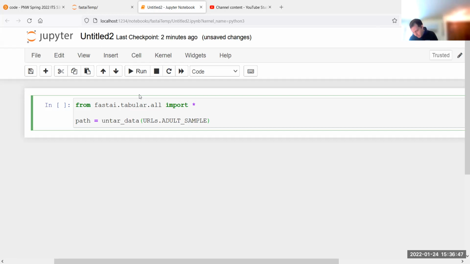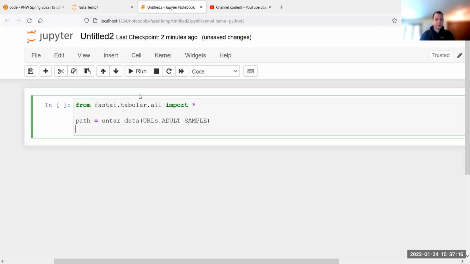Remember, our goal is a high income earner type of thing. Okay, so now CSV, I should say, is comma separated files. Okay, so I've got adult sample there.